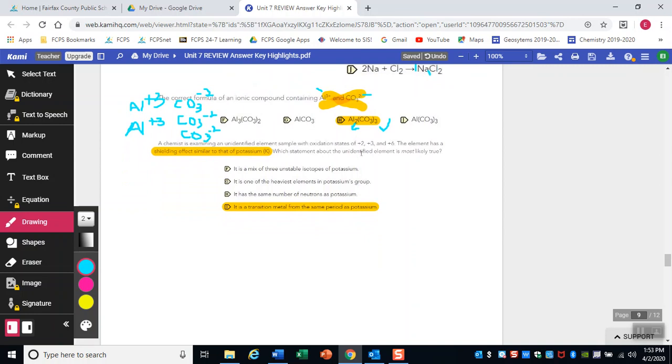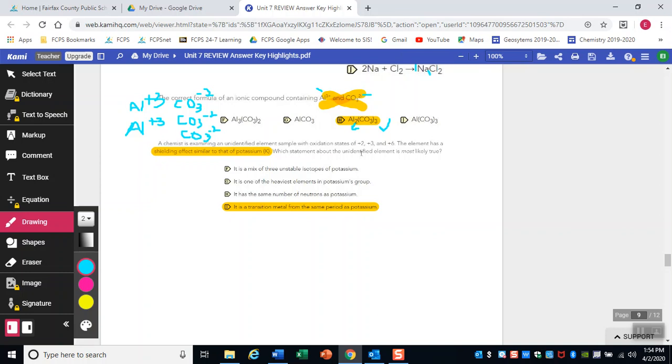Okay, now the next one, you've got a chemist looking at an unidentified sample of an element. The oxidation states vary. You can have +2, +3, +6. So it's a cation, it's a metal, right? And what are the metals that